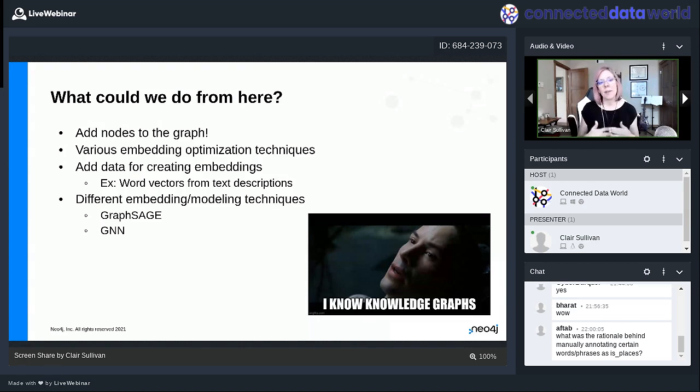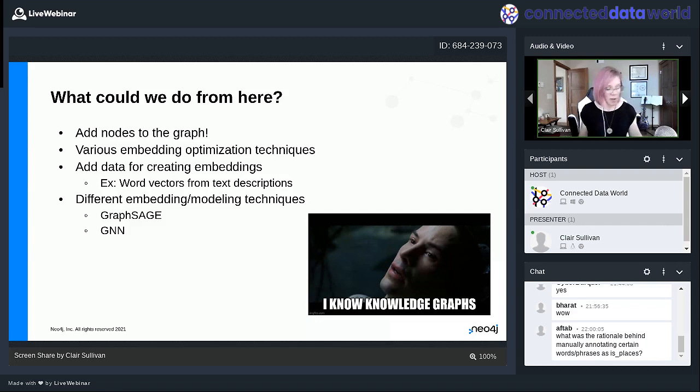And then these different embedding modeling techniques. There's a pretty sophisticated one called GraphSage, also built into GDS, also can take in node properties. But I want to call out graph neural networks because everybody always says, well, can I use TensorFlow or PyTorch or whatever? Absolutely you can. In fact, we just have a list of floats. If you can convert that into a tensor, you can throw it into any neural net that you want. But it turns out that there's actually neural networks, like you have convolutional neural networks, you also have graph neural networks, which are specifically tuned to it. There's all kinds of different math that's involved there, but it's absolutely doable.